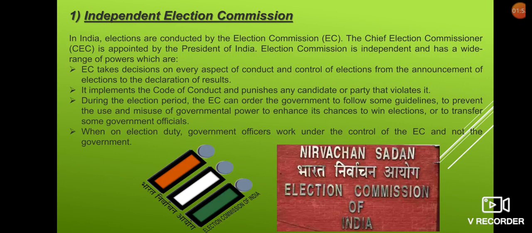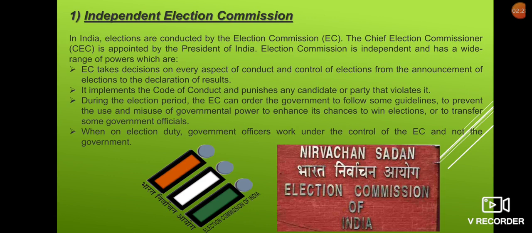So let us continue with the explanation of the first topic, Independent Election Commission. In India, elections are conducted by the Election Commission. The Chief Election Commissioner, that is CEC, is appointed by the President of India. The Election Commission is independent and has a wide range of powers, which are: